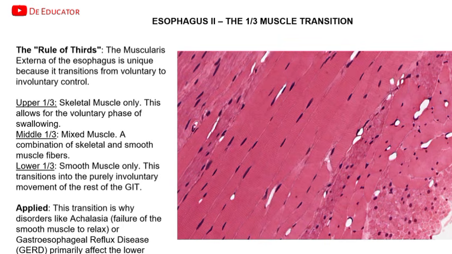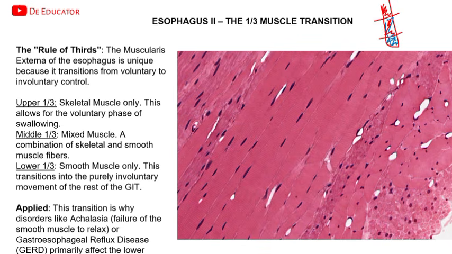So the upper one third of the esophagus is made up of skeletal muscle only. Alright, it's made of skeletal muscle only, which means that the initial stage of swallowing is voluntary. So the reason why you can intentionally swallow is because the muscular layer in the upper one third of your esophagus is skeletal